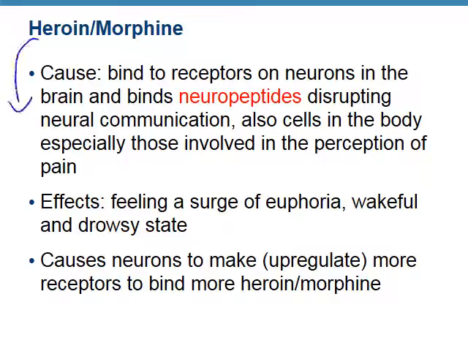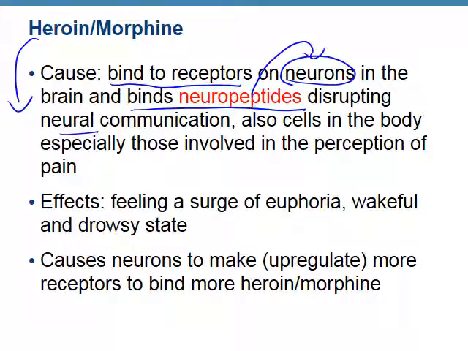So how does heroin or morphine play into these neuropeptides? What happens is that the heroin or morphine actually binds the receptors on the neurons, the ones that normally bind neuropeptides. It disrupts the neural communication between the peptide and the neuron. So it's actually displacing the neuropeptides. It's pulling them off of the receptor and blocking or binding the receptor. These have something to do with the perception of pain. So your body can be in pain, and then you can take pain medication so that you don't feel the pain. The pain is still there, you're just not perceiving it. Your brain isn't aware of the pain.